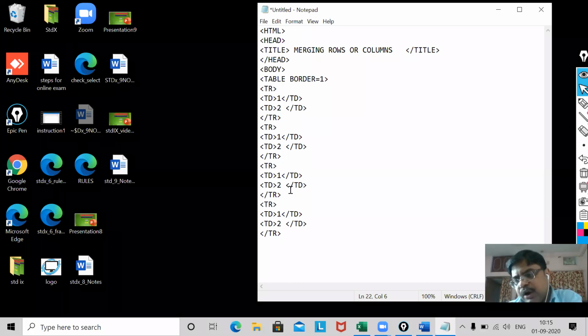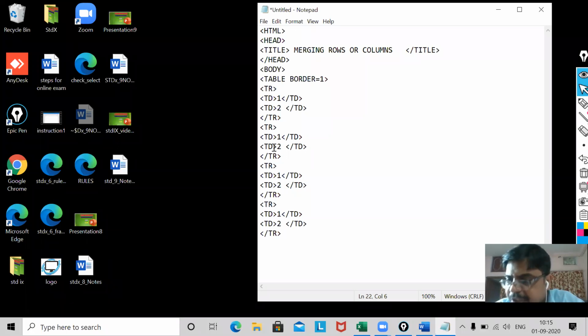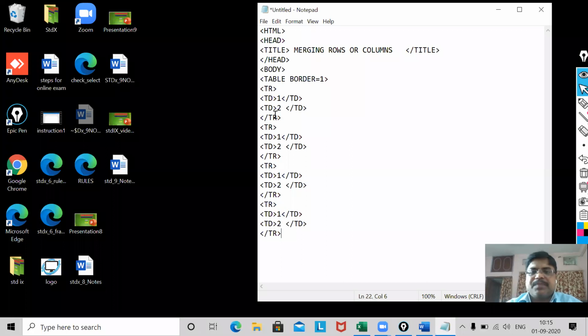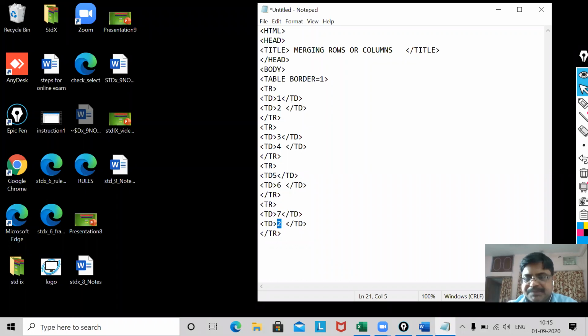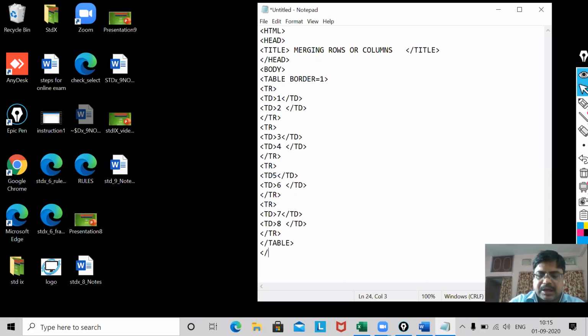I'm going to have only 4 rows, each row having 2 columns. 1, 2, this will be 3, this will be 4, this will be 5, this 6, 7, and 8. Now I will close the table, close the body, and close the HTML.